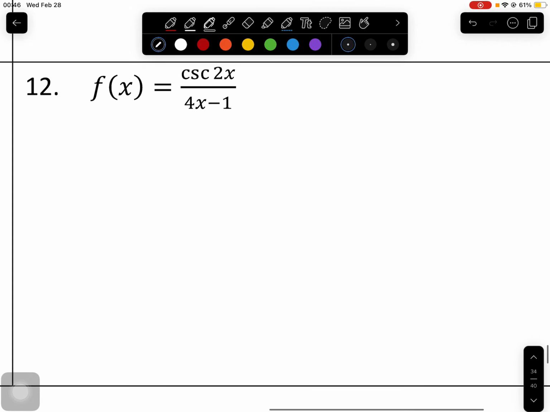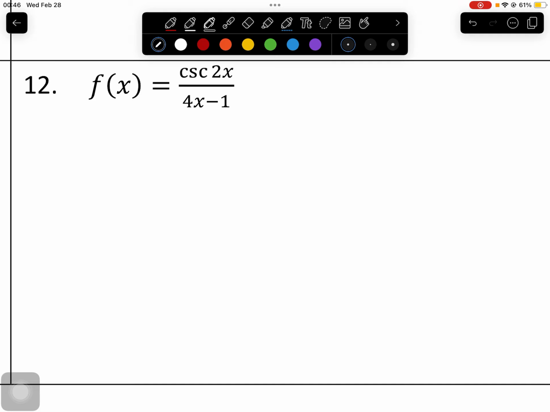Okay, number 12. This is just a simple quotient rule. Low d-high, which is going to be 4x minus 1, in parentheses, because this is a whole term. Now I'm going to multiply that by cosecant, which is going to be negative cosecant 2x times cotangent 2x,